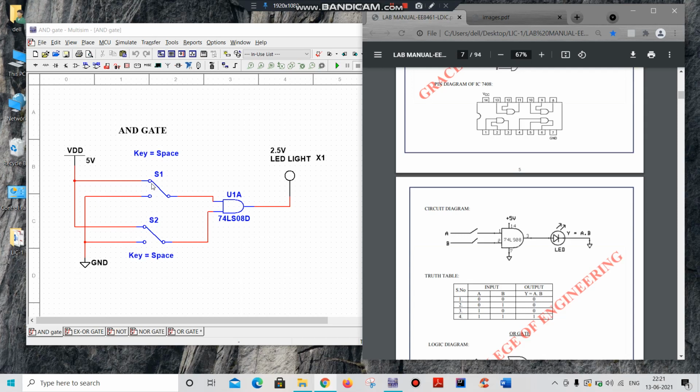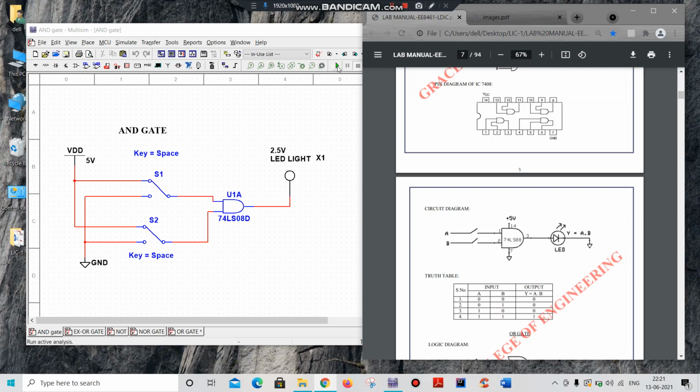The first point will be connected to 5 volt and the second point will be connected to ground in both switches. Here I am taking VDD as the voltage source, and ground for your 0. Then I gave the connections as per the circuit diagram shown in the manual. So now I am going to verify the truth table.